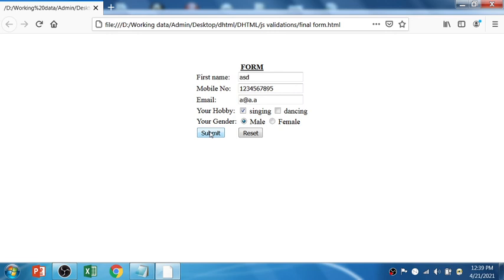If I make it abc@yahoo.co, there is no error, so it will submit the data. As per that, abc@yahoo.com is the correct email address. If it is not, if one of the condition is